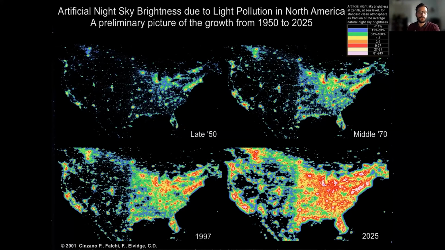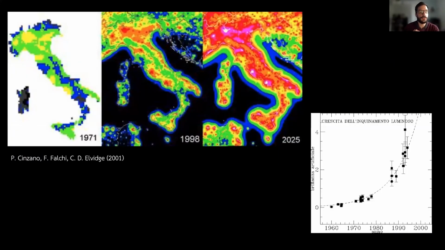For Italy, which is one of the worst examples in Europe, you can also see here what happened over the last 50 years. One thing I always say here: if you take a look at Italy in the late 1990s and in 2025, how it will look in 4 years, you can see that the light domes are even beyond the shore. So you have light domes of cities above the sea, even kilometers inside the sea, so even beyond the shore. This is really crazy.